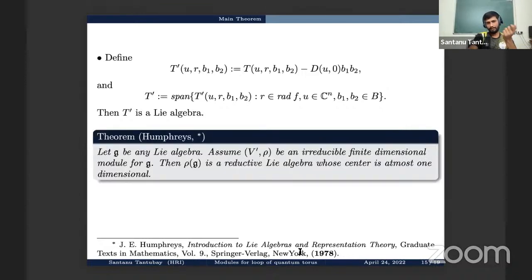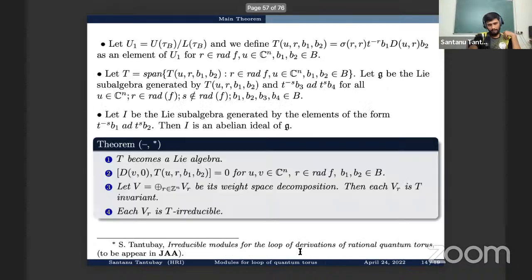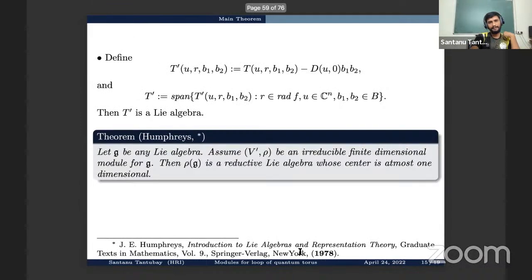Now we state a theorem from Humphreys' book. Suppose we have a Lie algebra g, and (V', rho) is its irreducible finite dimensional module. Then rho of g is a reductive Lie algebra whose center is at most one dimensional. Now we have that the Lie bracket [T, T] sits inside T'. Therefore, from this theorem of Humphreys' book and the fourth part of this theorem, what we can say